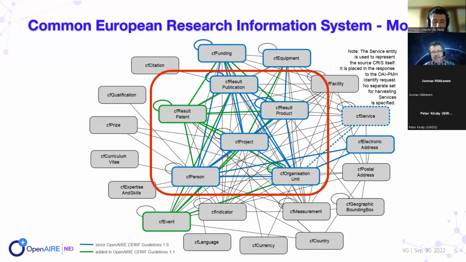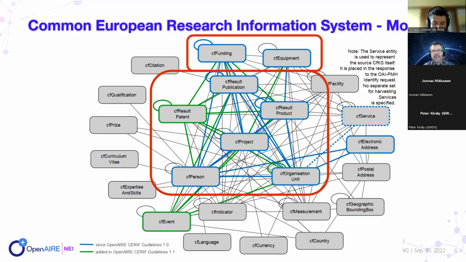In the middle, you see the resource types of publications, patents, and products, but we are also interested in the projects, the persons that are managed by CRIS systems, and also organization units, and furthermore,